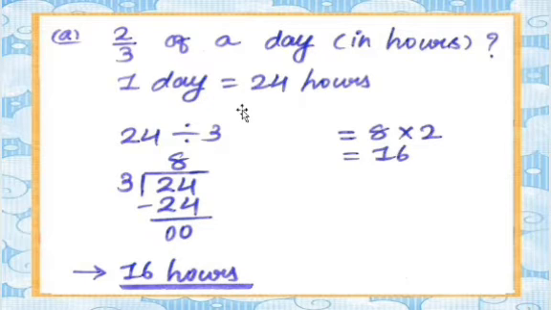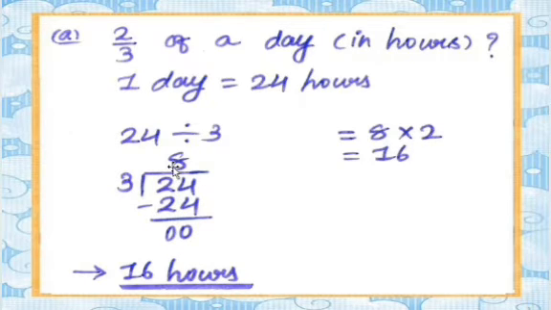So now here let's do further sums. Here what we get is 24. The 24 is our number, and we divide with the denominator. So 24 divided by 3. In table number 3, 24 will come. Obviously it comes. 3 8s are 24, my dear students. So 24 minus 24 is 0.